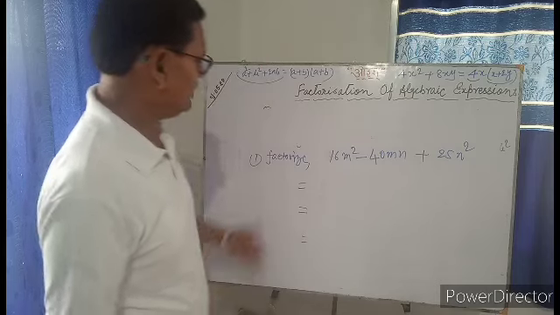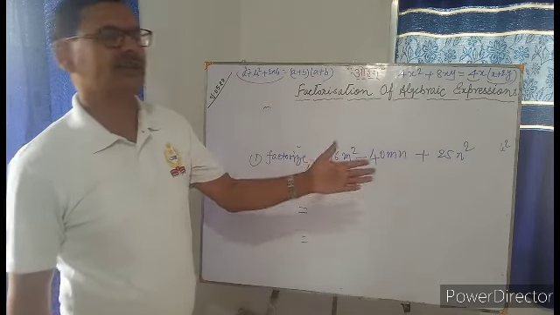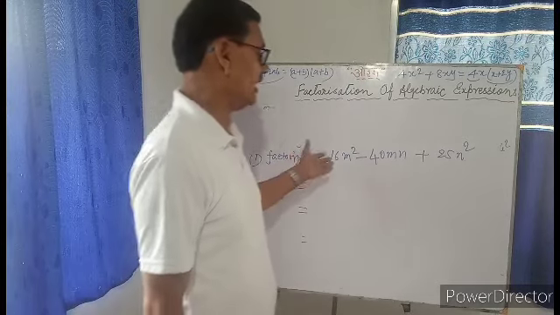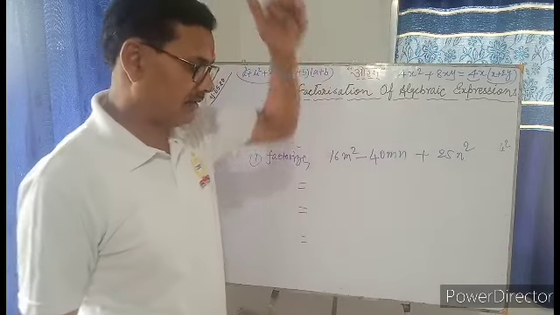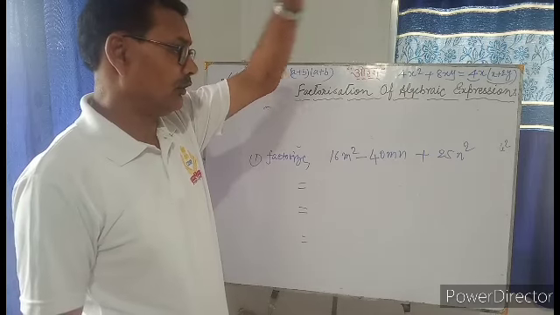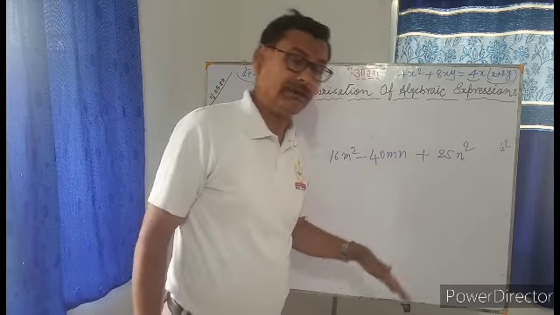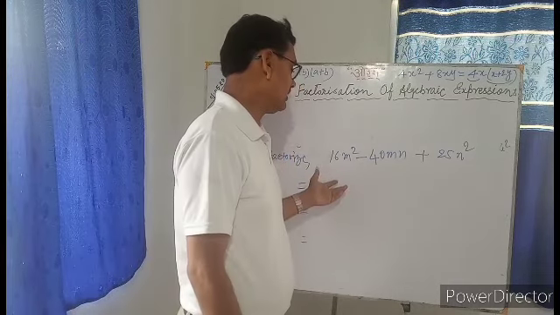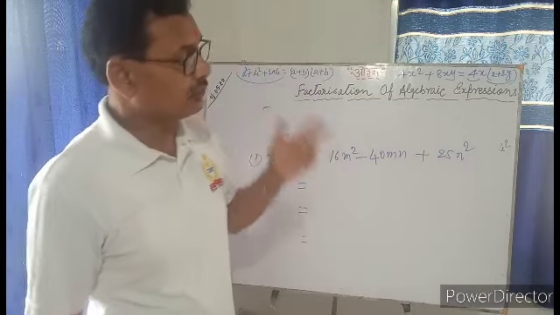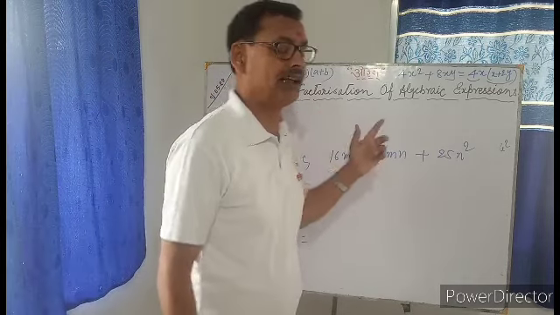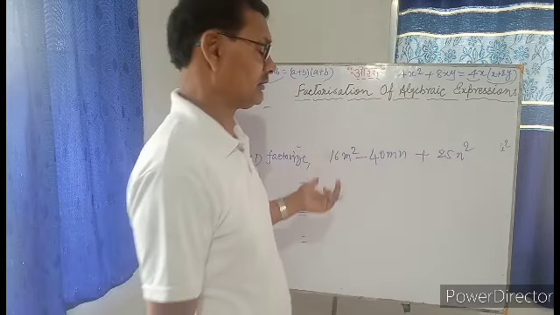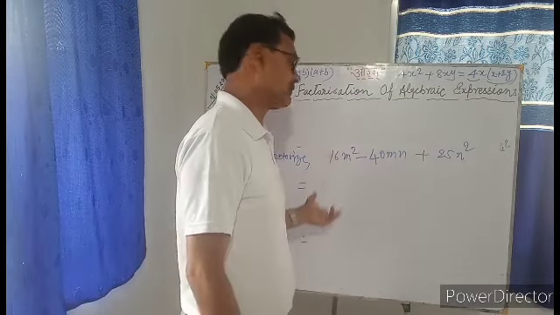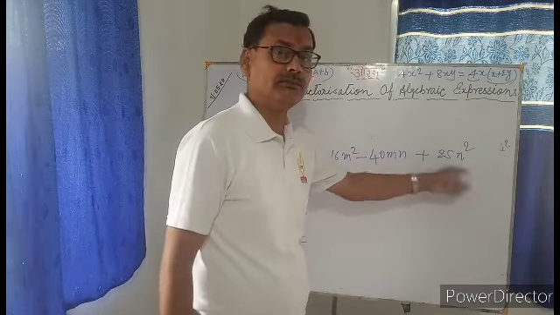See, this identity also has three terms. So our mind must strike on what algebraic identity it is based. Naturally, we may have our idea because this middle term has a minus sign. So we'll recall the formula a minus b whole square, a square minus 2ab plus b square. It is based on a square minus 2ab plus b square.